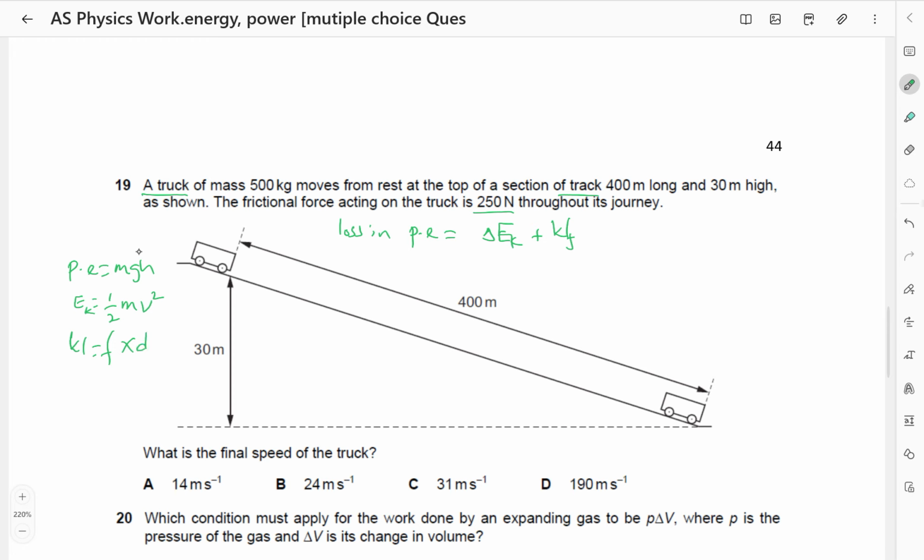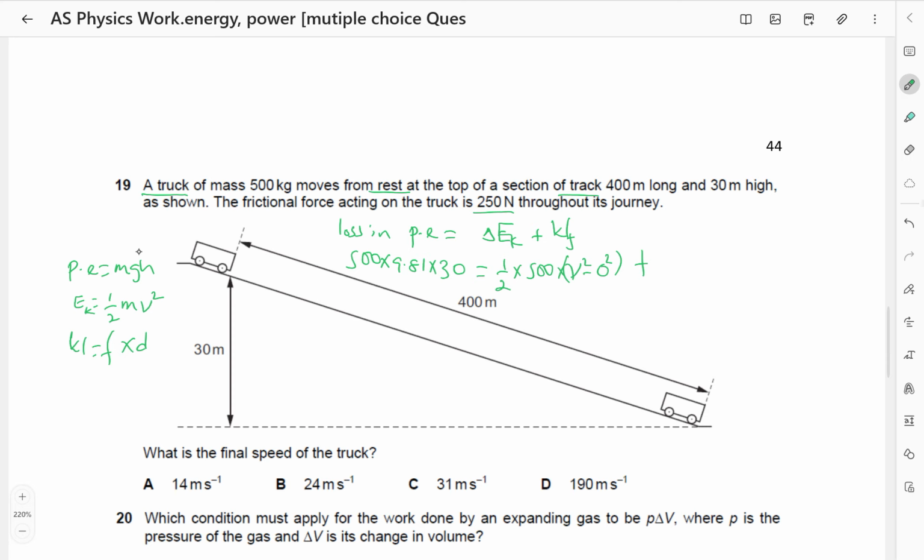But they had given us the frictional force, and the distance is 400 meters. So we shall just substitute mgh, which is 500 times 9.81 times h, which is 30, should be equal to the kinetic energy. It starts from rest. Initial kinetic energy is 0, so I'll simply say a half times mass, which is 500, then times v squared, which is going to be the final speed, v squared. The other one is minus 0 squared,